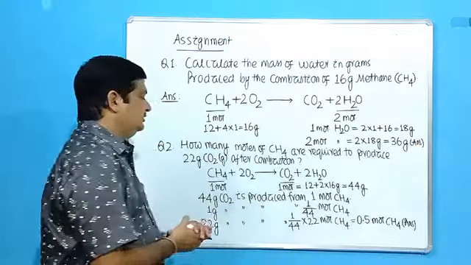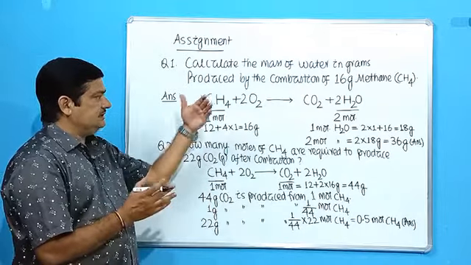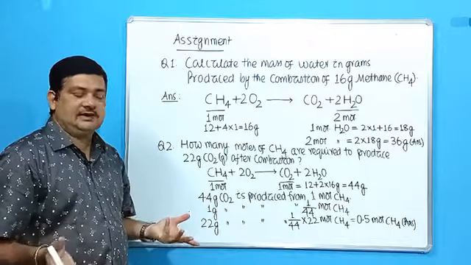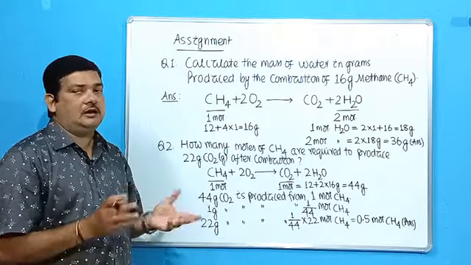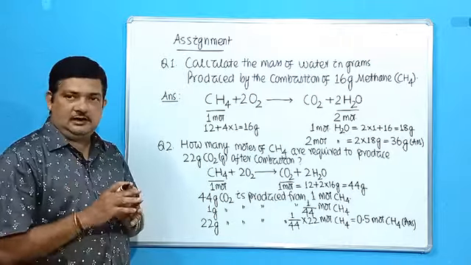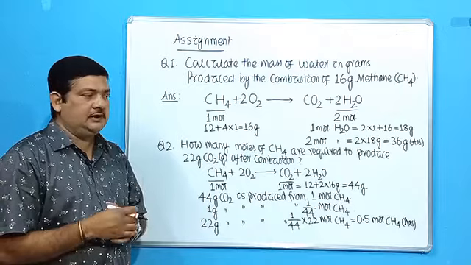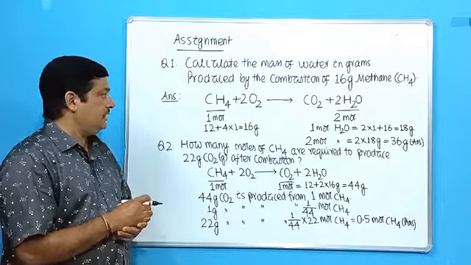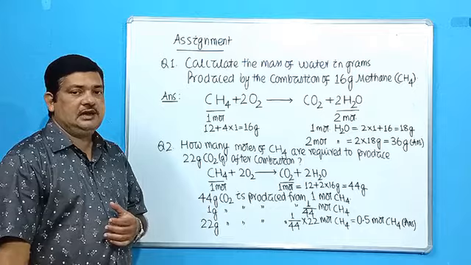Okay, so this is how you have to solve the numericals. Again, the key is you have to write down the perfectly balanced chemical equation so that you can solve anything, whether it is based on mass to mass relationship, mass to volume relationship, or volume to volume relationship. It does not matter. Only in case of volume to volume, you can use an extra data, that is Gay-Lussac's law of combining volumes. Whenever gases react, they will do so in the ratio of their volumes. Then we will go to the next two questions, question number 3 and question number 4.